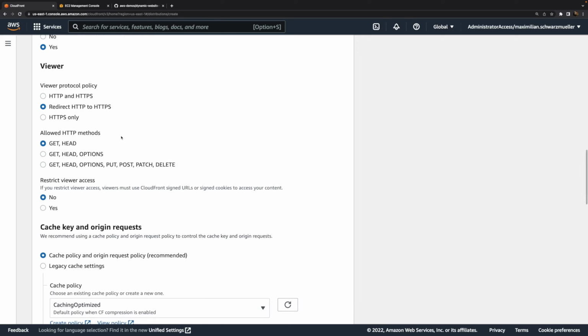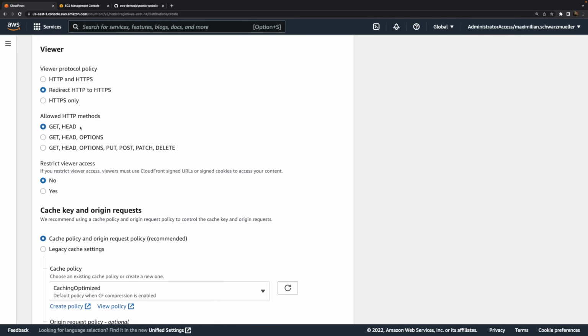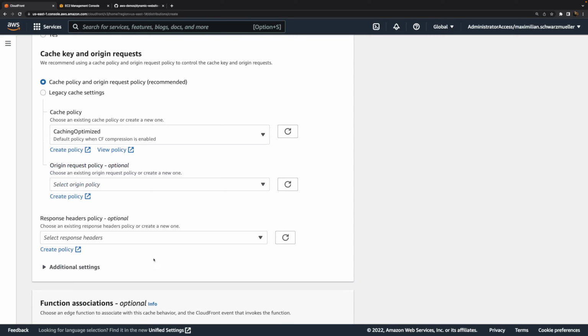We can then control which kind of request types should be supported. And unsupported types will always be forwarded to the origin server. Supported types can be cached, so responses for these supported request types can be cached on the edge locations. And we can then choose from various caching policies which control in detail how data is cached at the edge locations.